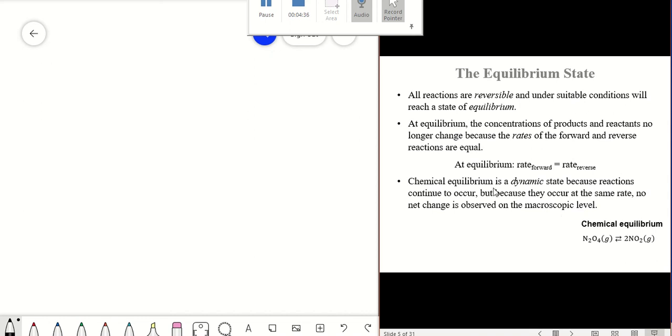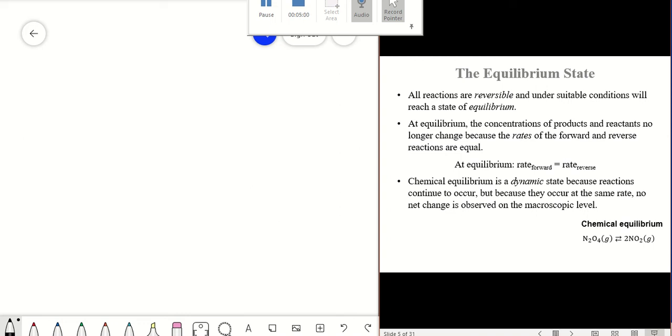So how do you define that? It is a dynamic state where the rate of forward reaction becomes equal to the rate of reverse reaction, and the concentrations of products and reactants are no longer changing, which means they have become constant. That does not mean that they have become equal to each other,